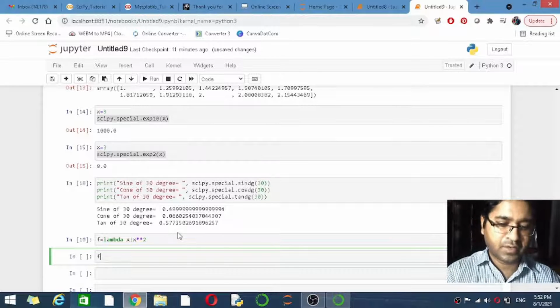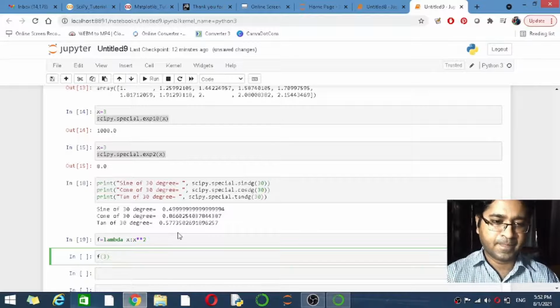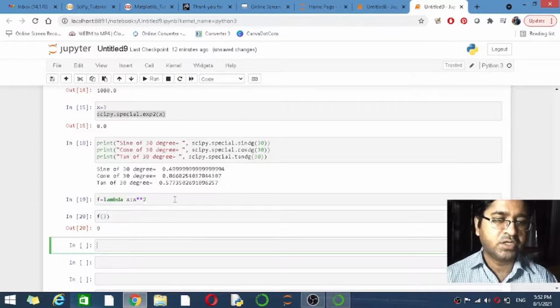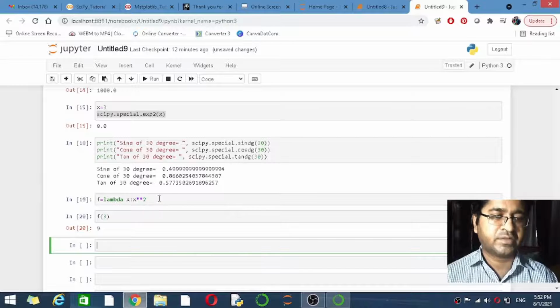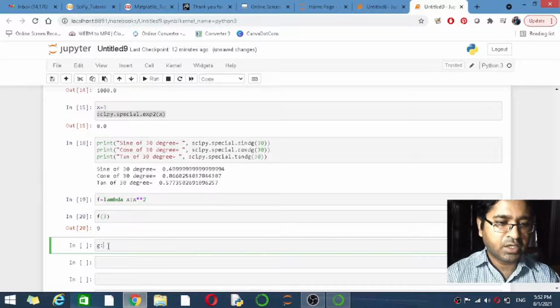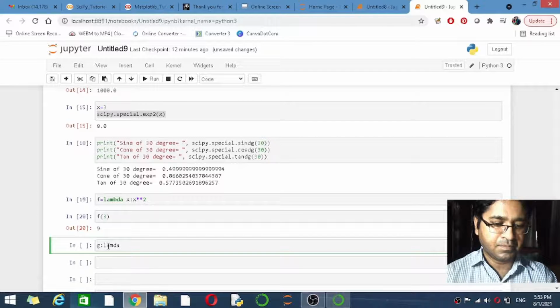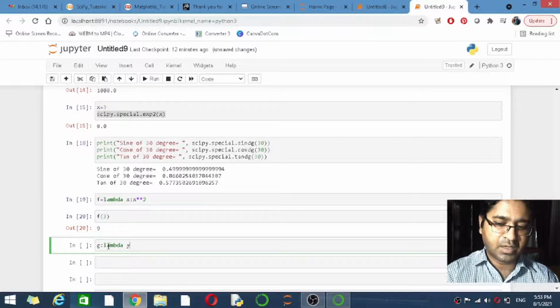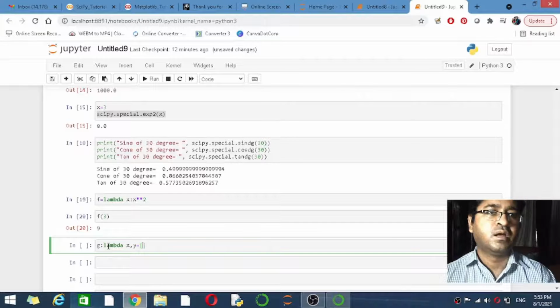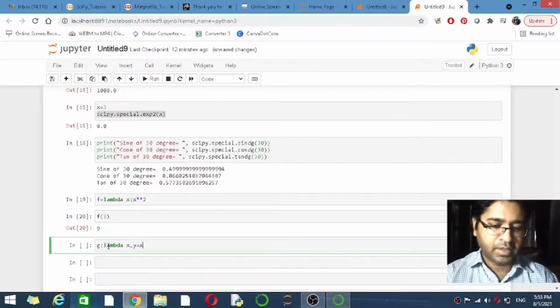Then f of 3, so it is going to print 3 raised to power 2. Then we define g here, that is again lambda x comma y equal to x multiplied by y.